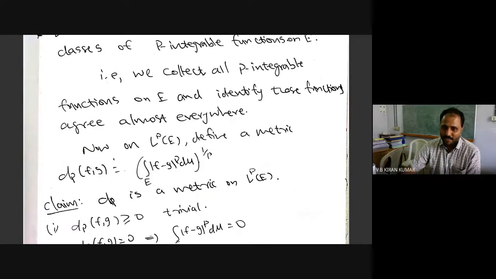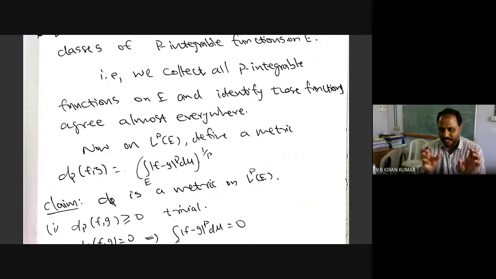But one more thing is there. See, LP is containing equivalence classes of functions, right? So whatever I am defining here, d_p(f,g), f will be in one equivalence class, g will be in another equivalence class. I am choosing some candidate from that equivalence class and defining this. So in fact, there is a step here where you should make sure that this is well defined. Did you understand why we should verify that it is well defined?